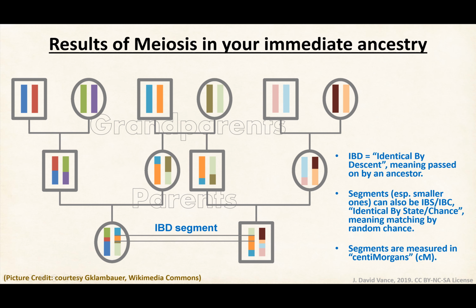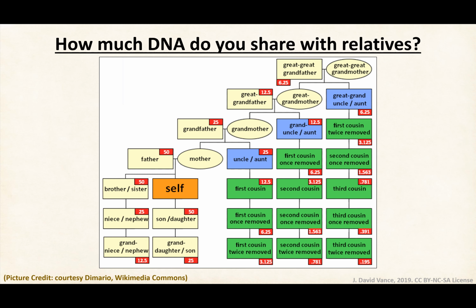The end result of this whole process is something that we already mostly know. It's fairly common knowledge that we inherit about 50% of the DNA from each of our parents. So this is a chart that you'll find in a lot of books on autosomal DNA testing. It's passed around the internet quite a bit. It helps to give you an idea of how quickly the pieces of DNA break down